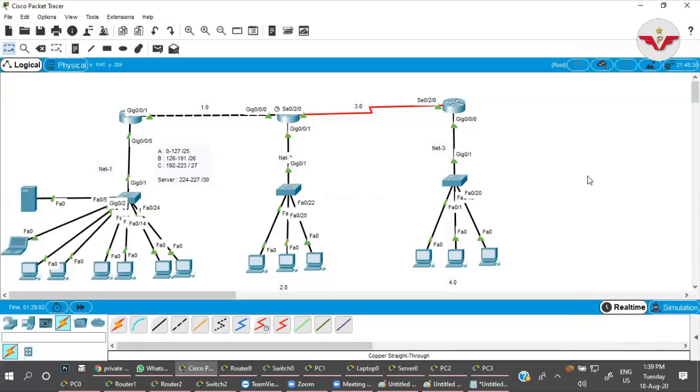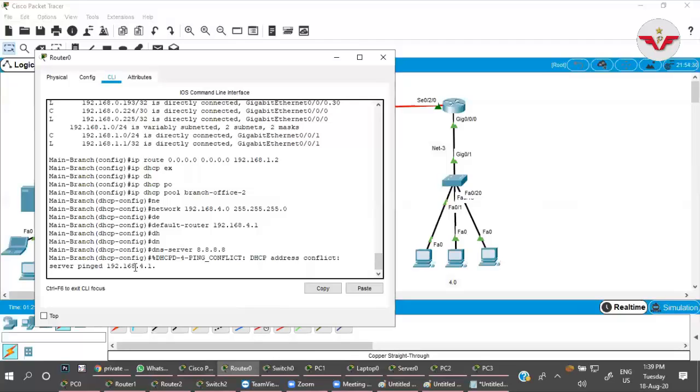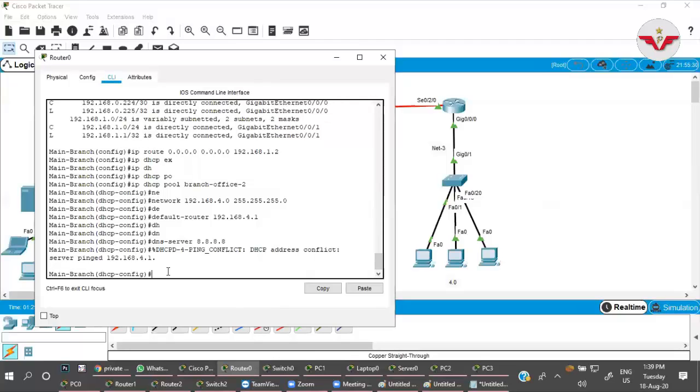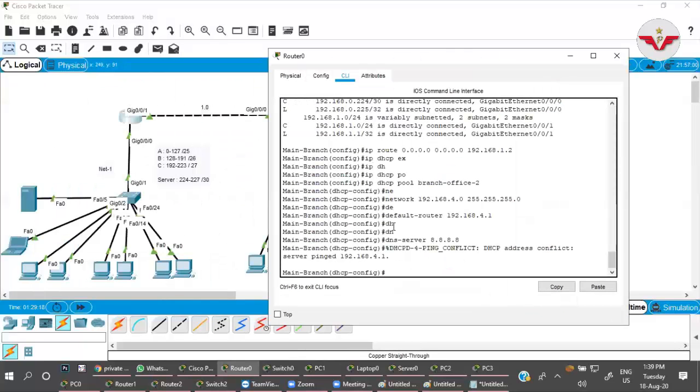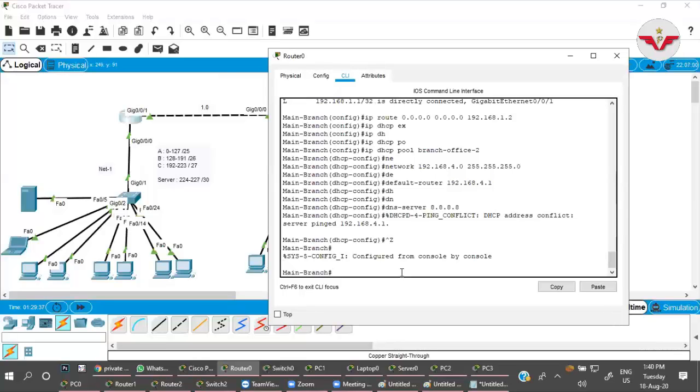Any question from this? No. Now there are two things. If you go on the router, we have some commands for troubleshooting. Suppose DHCP is not working and you're not getting the IP address, how will you troubleshoot? The one and most important command for troubleshooting is the show command. To check any configuration, we use the show command, including the DHCP configuration.